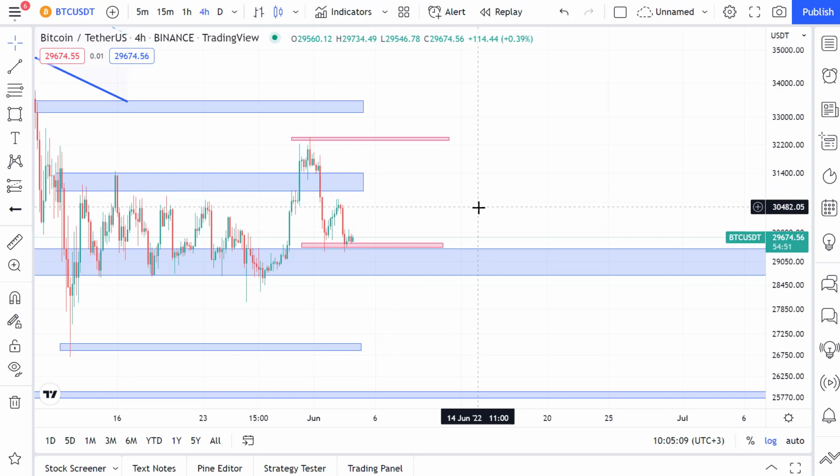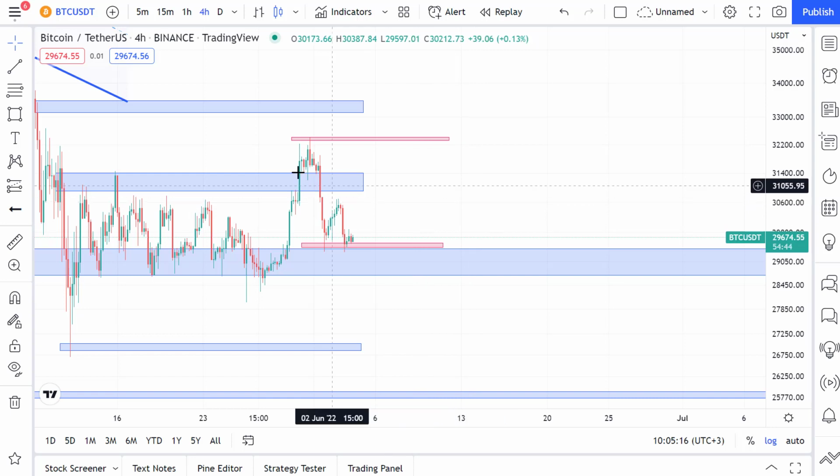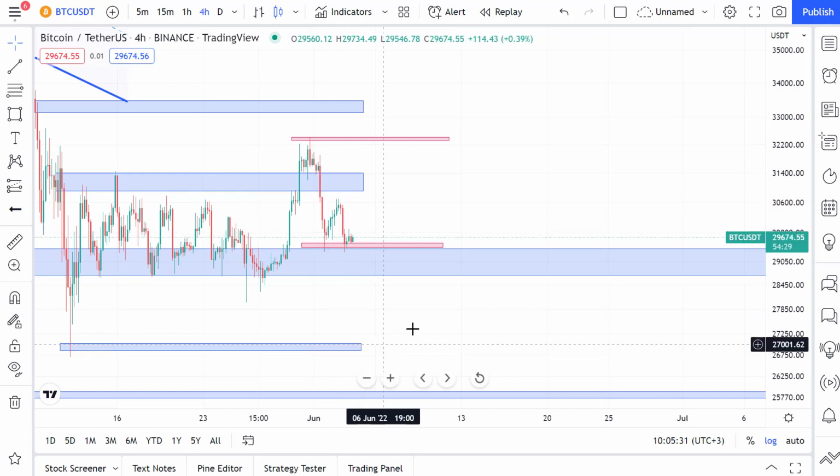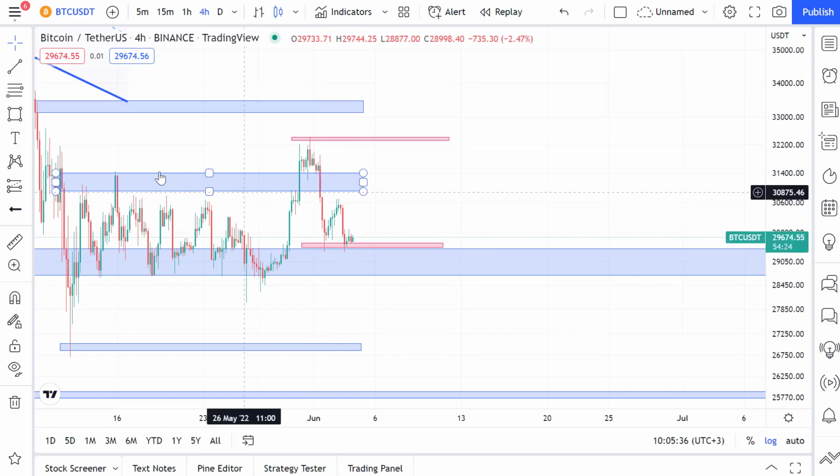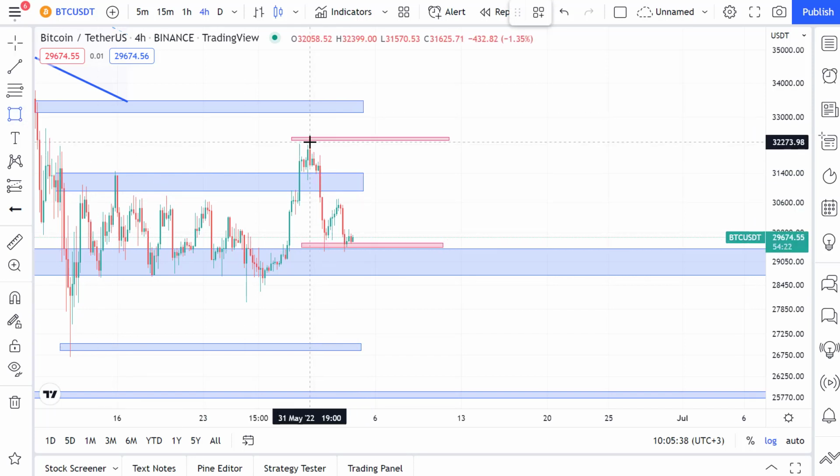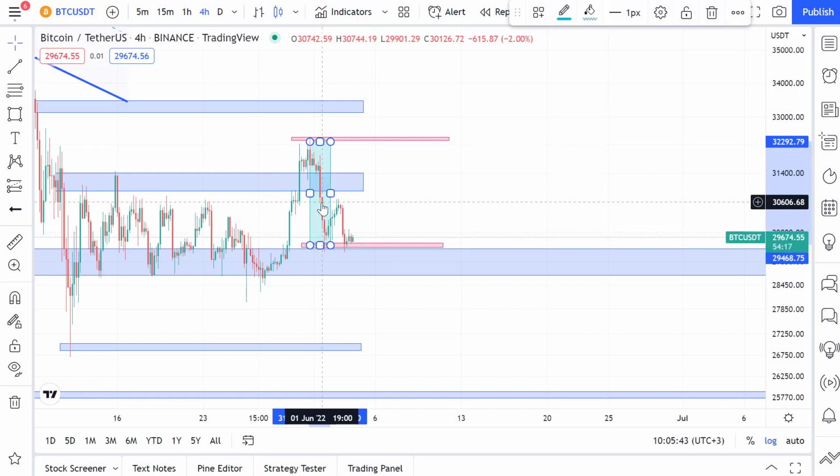But what I think is we should wait for Monday, okay? Because we had the first engulfing phase, but the second one has not been completed yet. If it wants to get completed, we can see these areas again. The same size. Okay, we can have a correction up to